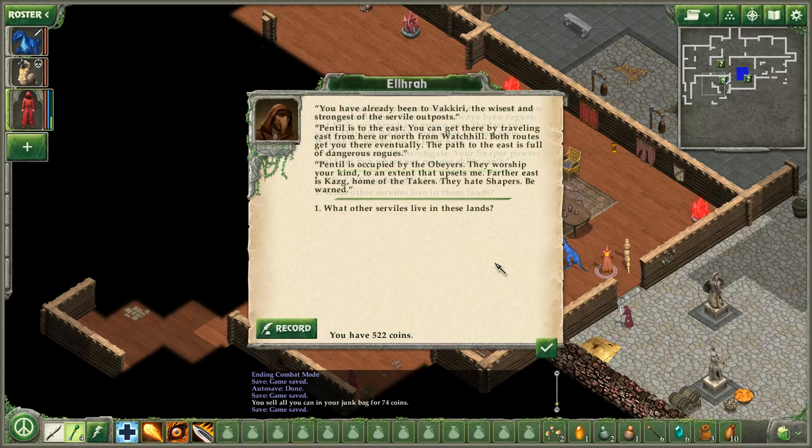What villages are near here? You have already been to Valkyrie, the wisest and strongest of the servile outposts. Pentil is to the east. You can get there by traveling east from here or north from Watch Hill. Both routes get you there eventually. The path to the east is full of dangerous rogues. Pentil is occupied by the Obeyers. They worship your kind to an extent that upsets me. Farther east is Kazg, home of the Takers. They hate Shapers, be warned. What other serviles live in these lands? I mean, he basically just told us, but...